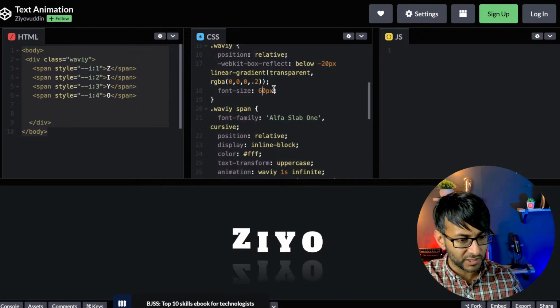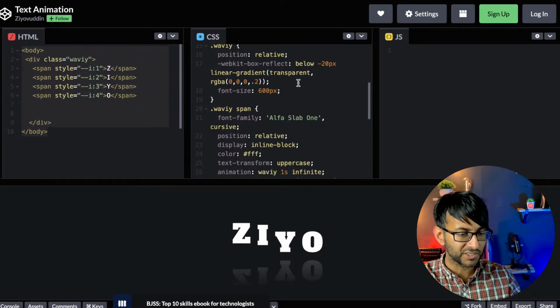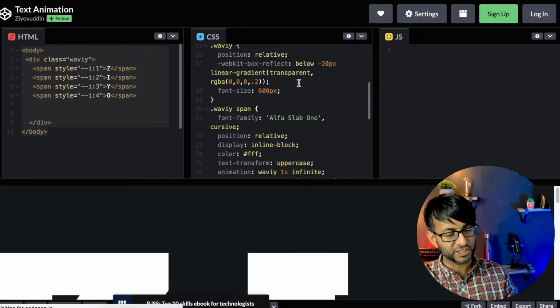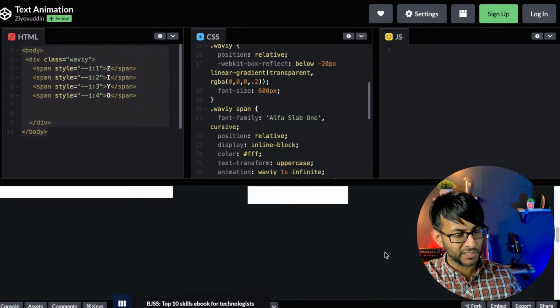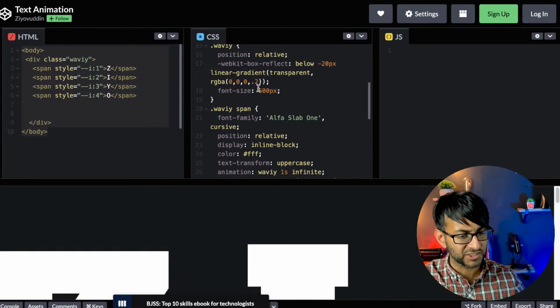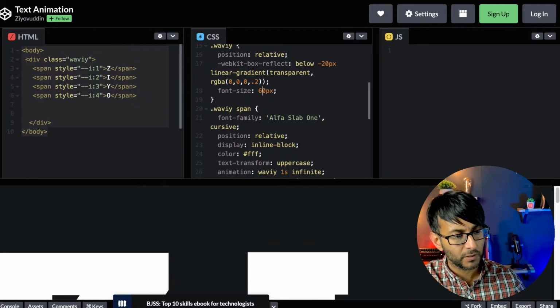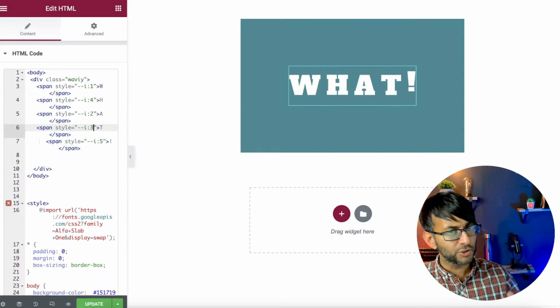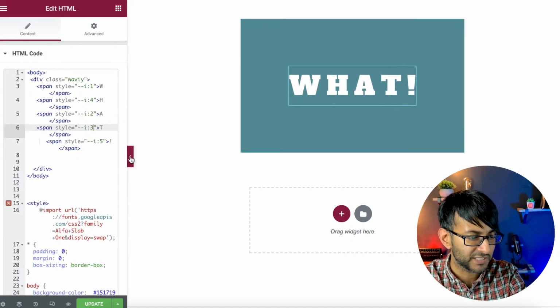You know, font size. I could go in here and go, let's do 600. This is now going to change to be, look at that. Ridiculously big. Why did I do that? Silly me, right? So Codepen is a super duper way of just having something a little bit different on